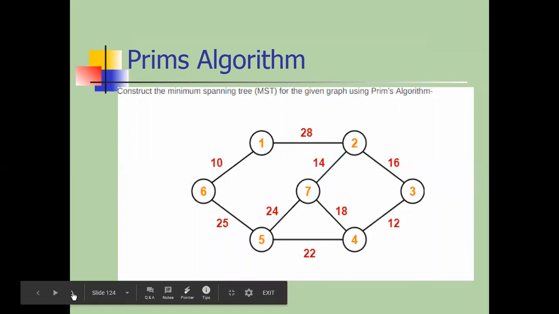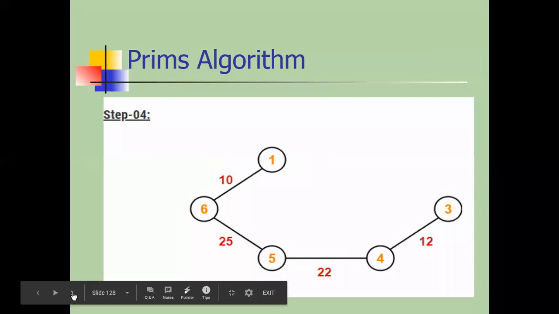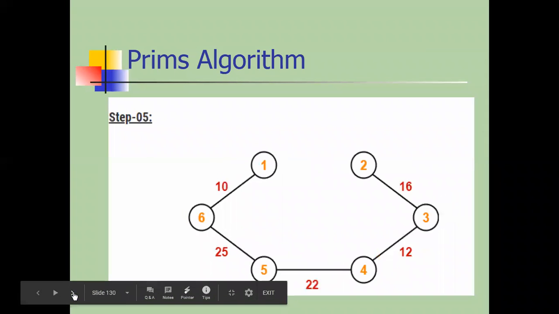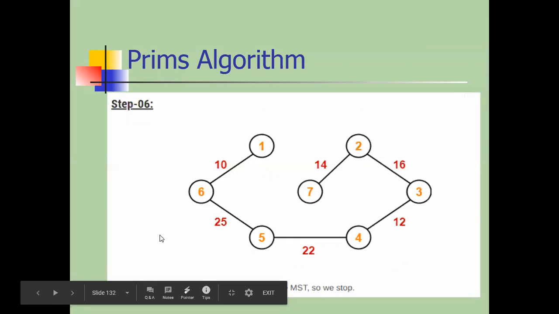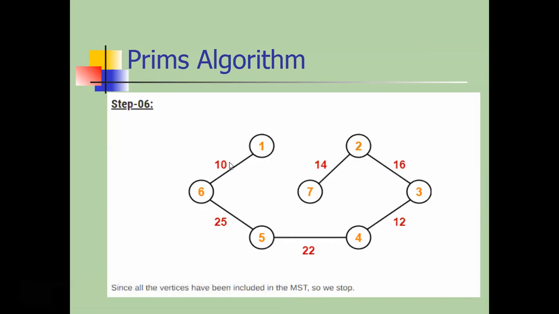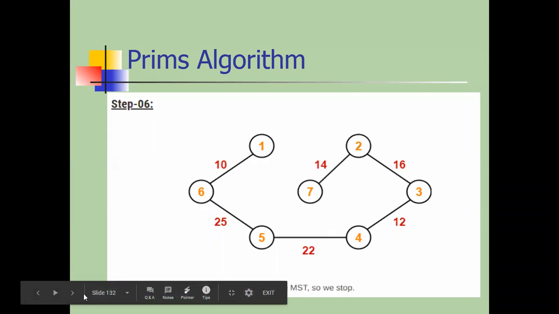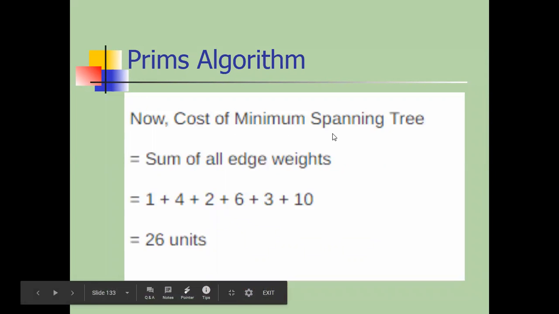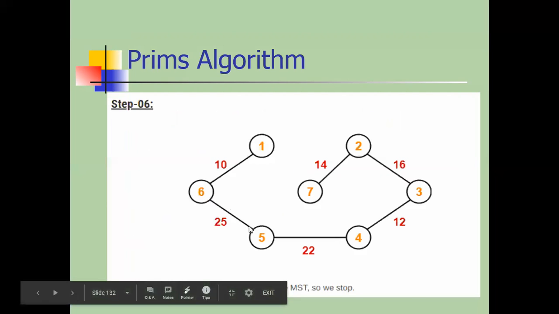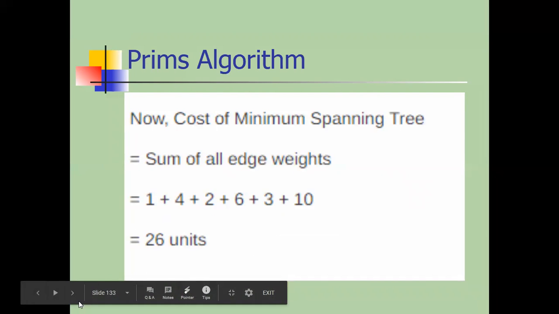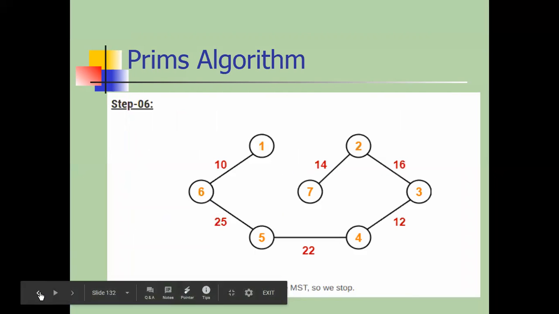Okay, so we'll see all the points one by one. Those steps we have covered previously. All the steps we have done here. Now the minimum cost of the minimum spanning tree, that's it, this is what we have selected. So minimum cost we are asking, so we have to do the summation of all the costs. The final result is that the cost of the minimum spanning tree equals the sum of all the edges. So we are adding all the values, that is 1, 10, 25, all the values. If you consider them, the value will be 26 units.